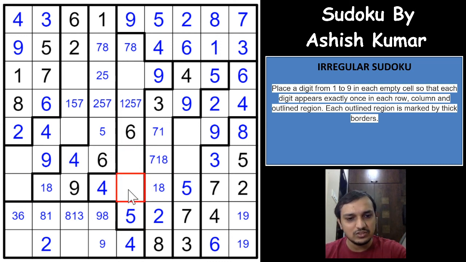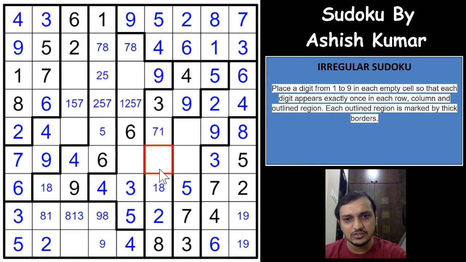So because of the 6 here, you get a 3 here, a 6 here. That gives you a 3 here. Right? So any other possibility here? The 3 digits here are 5, 7 and 6, right? So 5 and 7 is not possible, which means this has to be a 6, sorry. 5, 7 and 3, which means this has to be a 3. And this has to be a 7 and this has to be a 5.